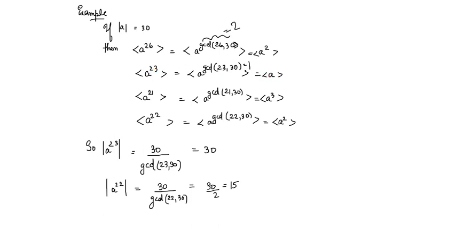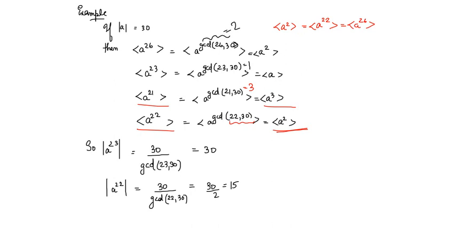Moving on to next set, a raised to 21 you want to find. So that will be the same as GCD of 21 and 30. GCD of 21 and 30 is, I think it's 3. So a raised to 21 is same as a raised to 3. Then we have a raised to 22. So GCD of 22 and 30, again it is 2. So the group by a square is same as the group of a raised to 22. Again it's same as group of a raised to 26. So all this will be counted as only one cyclic subgroup.